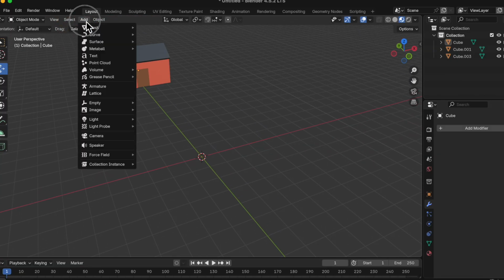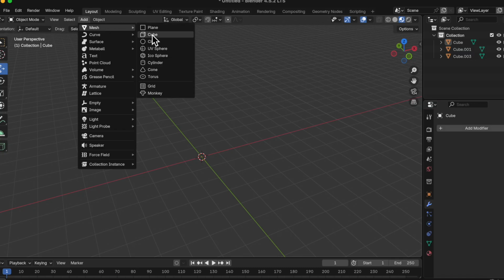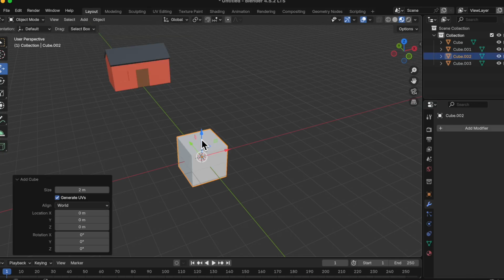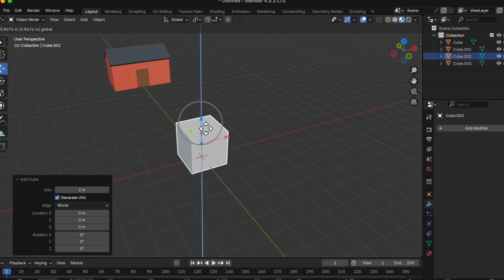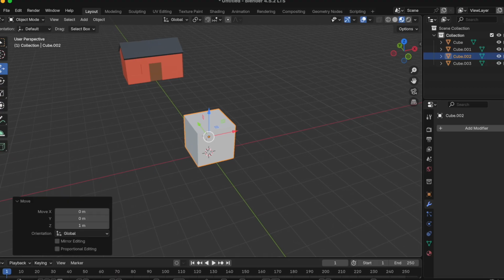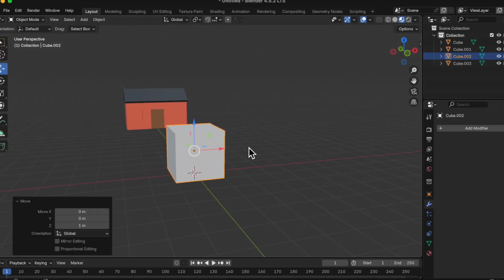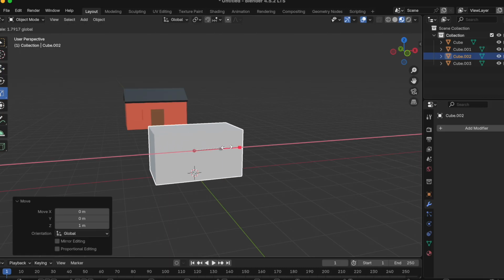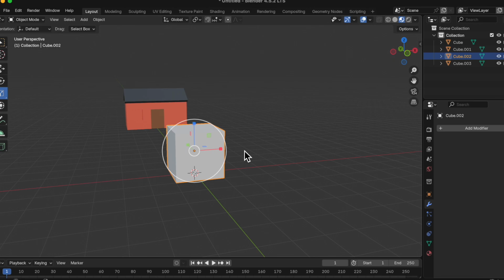You can do this by going here, Mesh, and then clicking on Cube. Move this up like this. Next, what you want to do is scale this to look more like a house. So you can either click this button right here, the scale button, and do this, or you can click S,